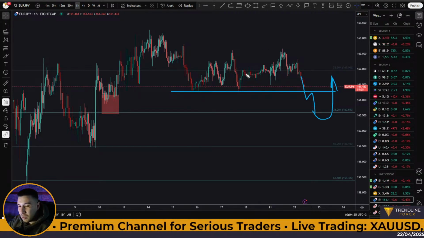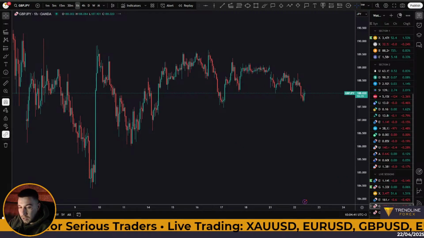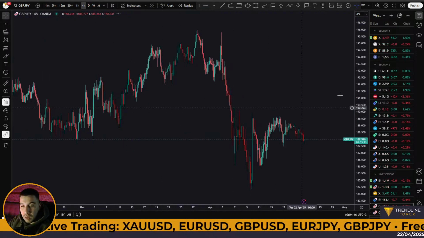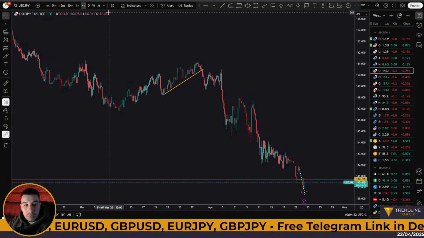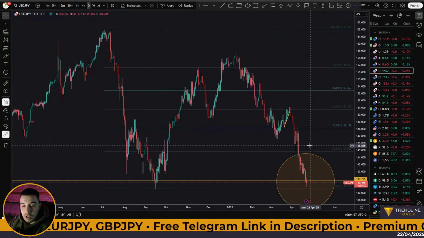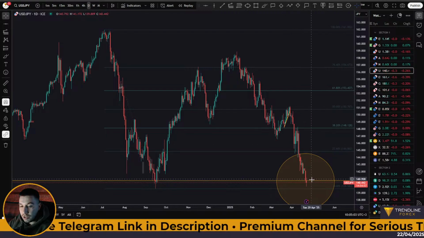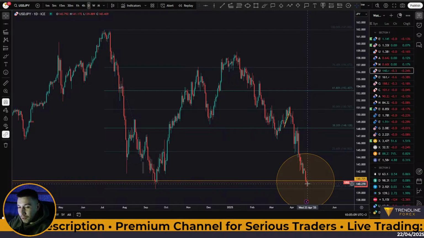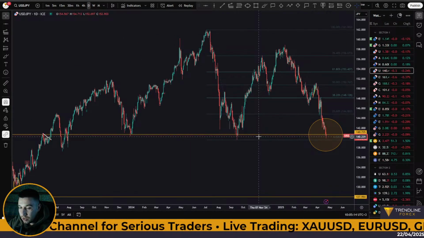So I really don't want to trade in a ranging market, and that's why I'm just going to be skipping the euro yen and the pound yen pairs. And by the way, dollar yen is also currently trading at a very important support level. If you look at the daily time frame, this is what dollar yen currently is. So we're maybe going to see some rejection right here, maybe a little bit of a pullback, even if price will continue to the downside and break below this current support. Before that, we're probably going to see some sort of reaction. It is a very strong and significant level, this one.